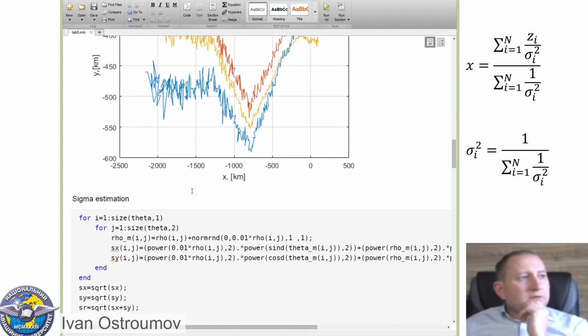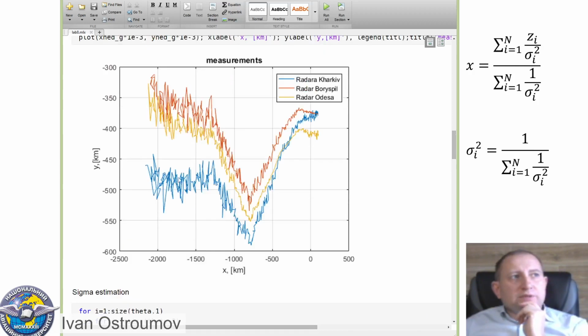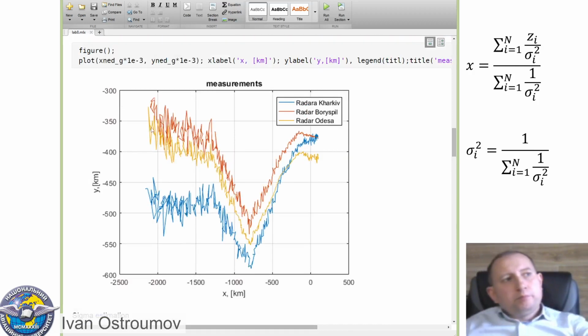Okay, let's go next. That's why we obtain the paths of airplane trajectories in the horizontal plane of the net system